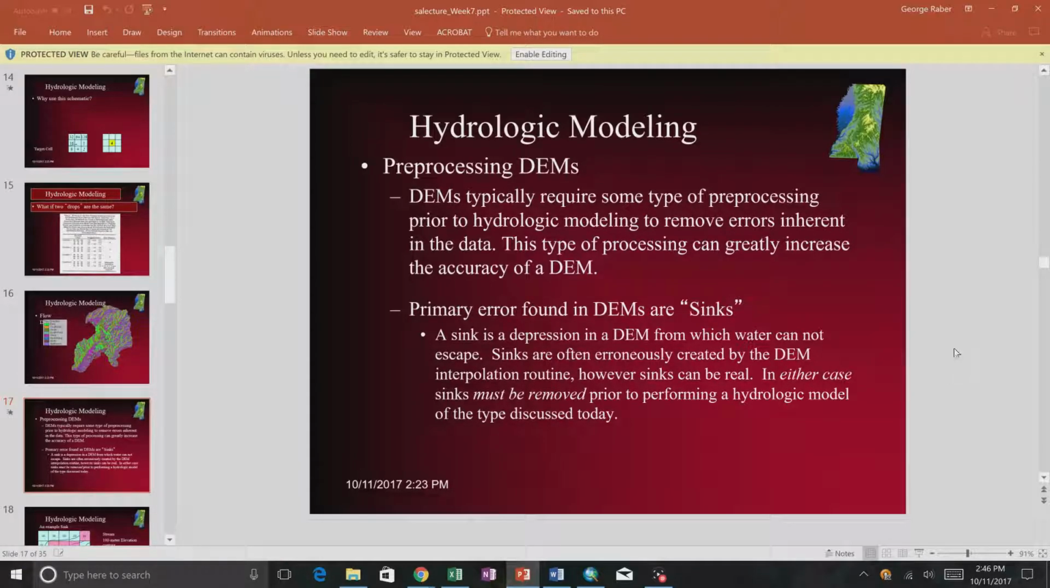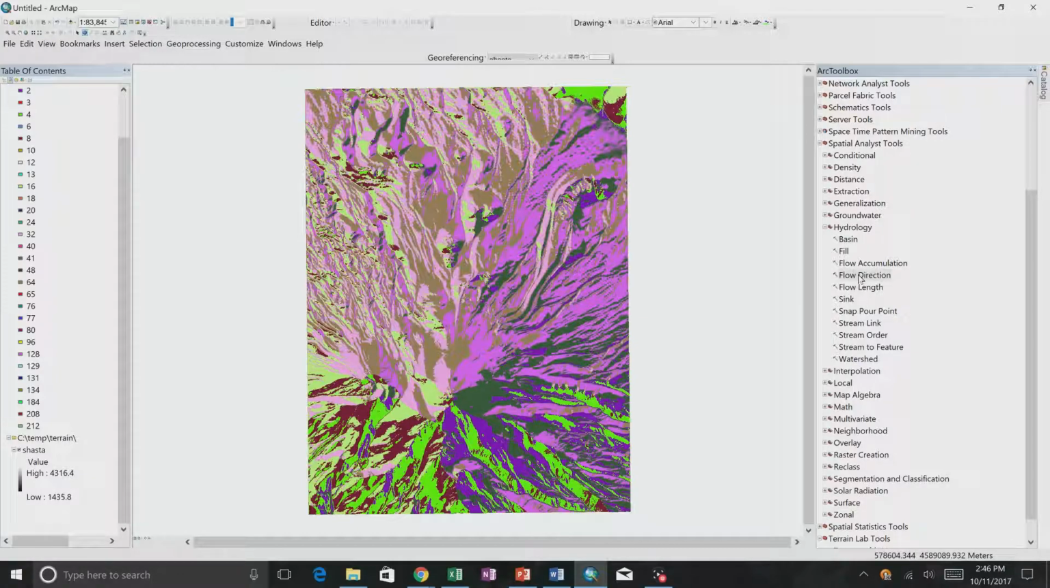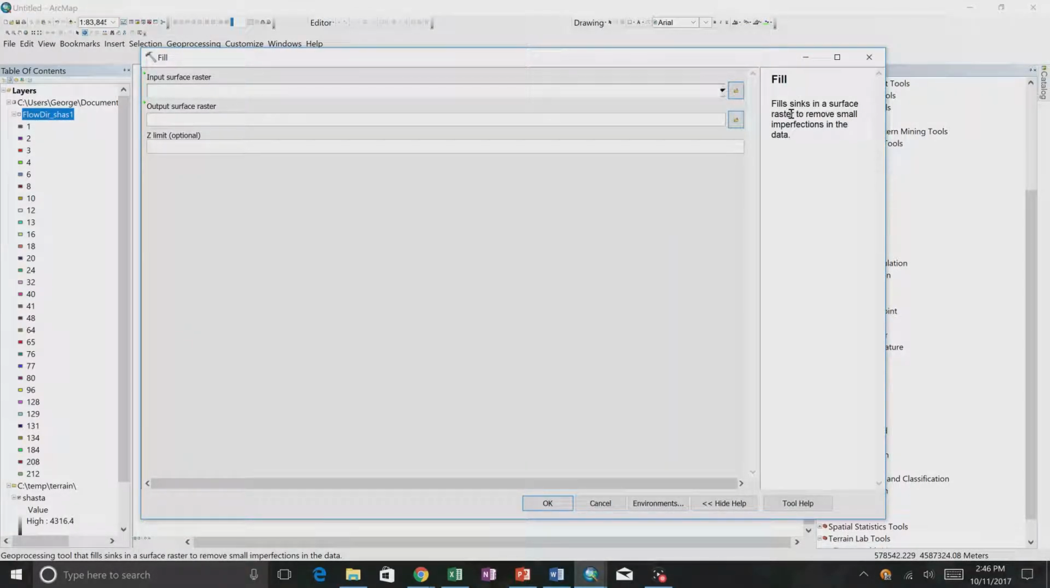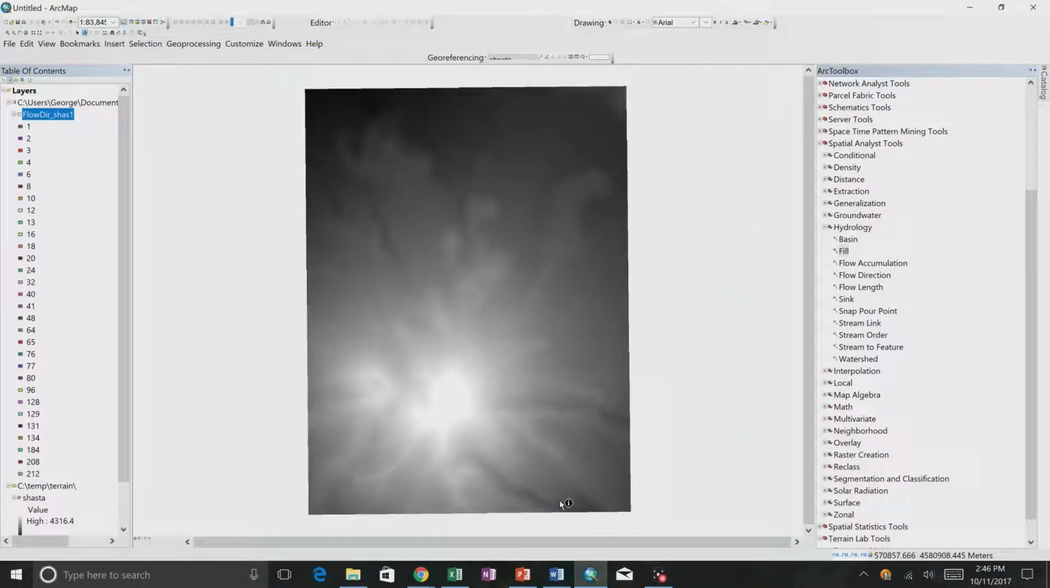So, that is right here called fill. So fill fills sinks in a surface raster to remove small imperfections in data. So if we put Shasta in here, we say okay, then it's going to produce a new DEM that doesn't have any sinks. It has to do this iteratively. It did it pretty fast on this data, but this is an intensive process. It takes a little while,